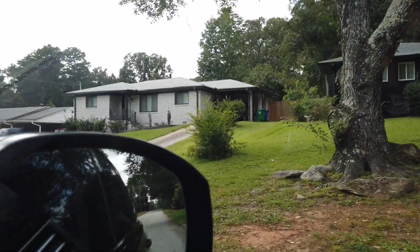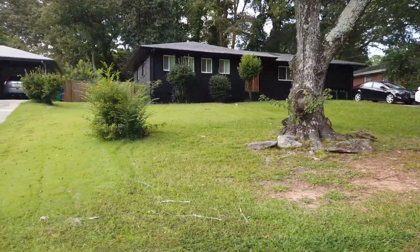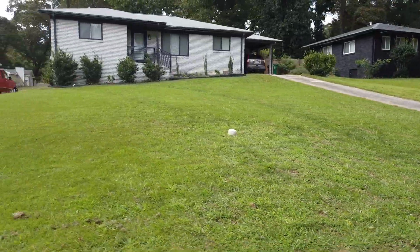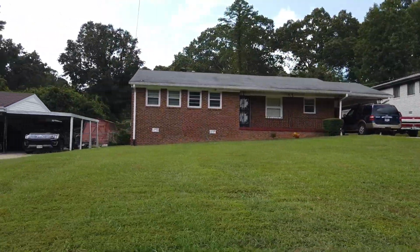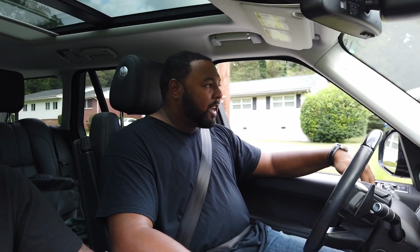Great neighborhood, as you can see. Lots of activity. Like this house was renovated in the past. Very clean street. There's a neighbor there. Be a great person to talk to if he had a vacant house next to him,